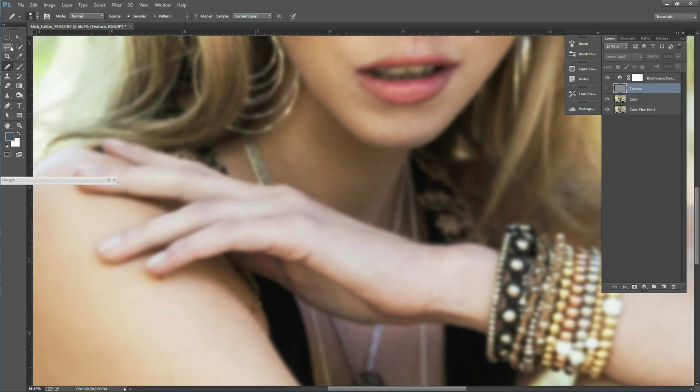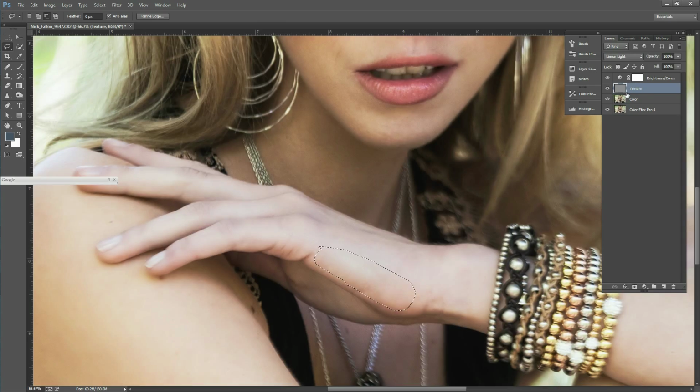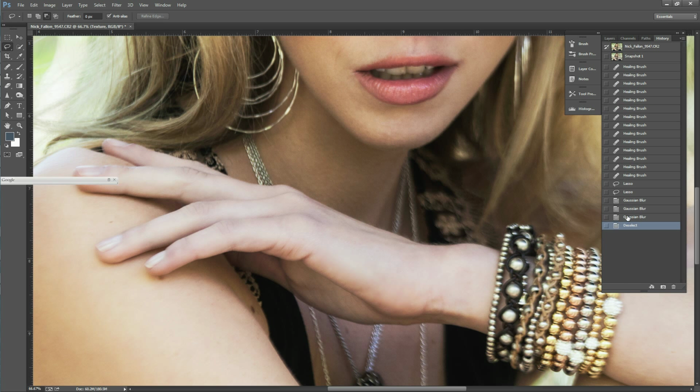Actually, I think I'm going to try that. So I'm just pressing Control F to run the Gaussian Blur filter, and then we're going to do the same on the texture layer. Maybe not. Back to the history. We'll delete the